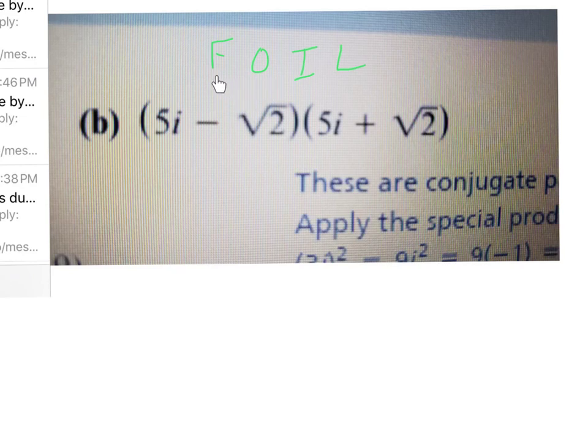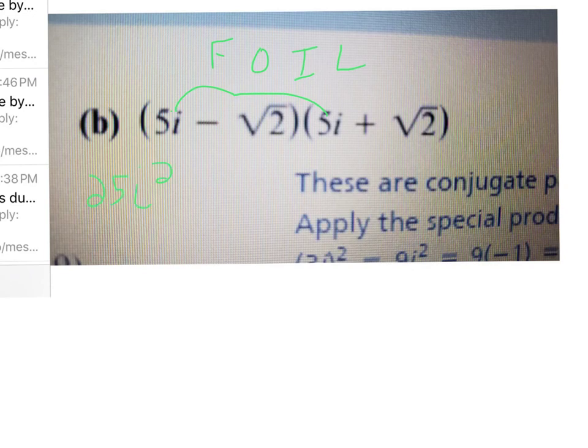A lot of people are familiar with FOIL. F stands for first, outer, inner, last. It's just a mnemonic device for remembering how to multiply two binomials or two complex numbers. I'll multiply the first terms, F, and then the outer terms, O, and then the inner terms, I, and the last terms, L. And so if we do that, if I multiply the first terms, that'll be 25i